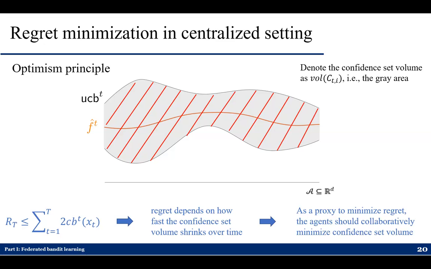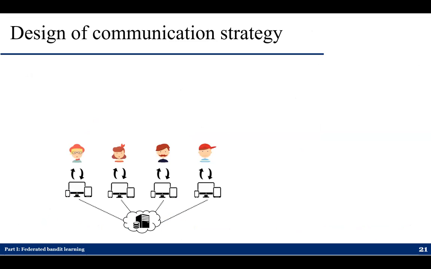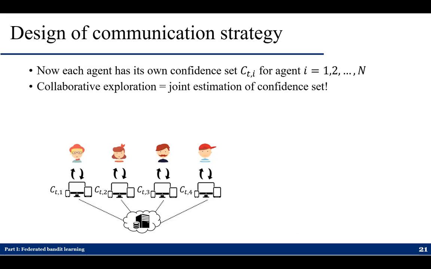And what this tells us is, in order to collaboratively minimize regret with n agents, we will use the volume of the confidence set as a proxy to minimize regret. So the agents should instead collaboratively try to minimize the confidence set volume. And how do we do so? Okay,